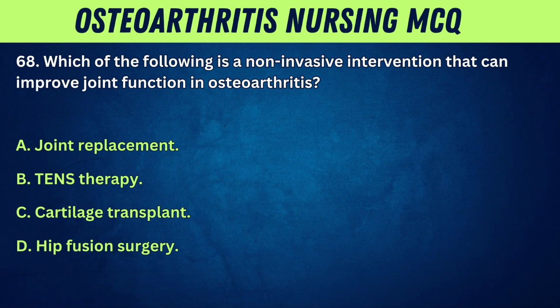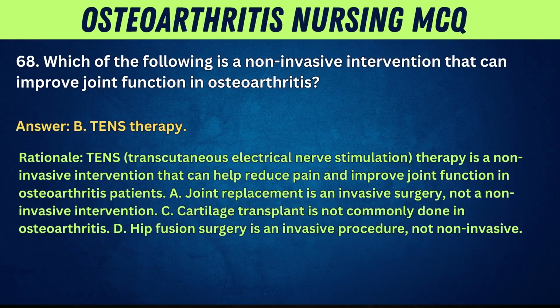68. Which of the following is a non-invasive intervention that can improve joint function in osteoarthritis? A. Joint replacement. B. TENS therapy. C. Cartilage transplant. D. Hip fusion surgery. Answer: B. TENS therapy. Rationale: TENS, transcutaneous electrical nerve stimulation therapy, is a non-invasive intervention that can help reduce pain